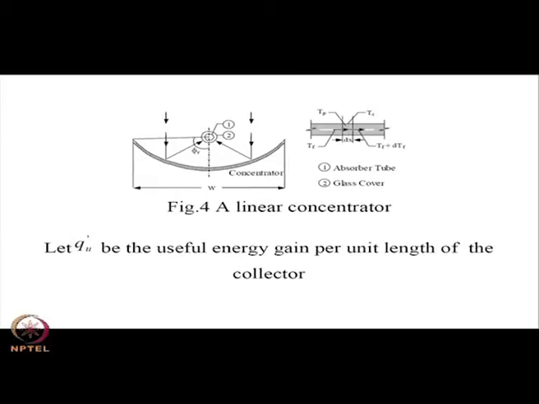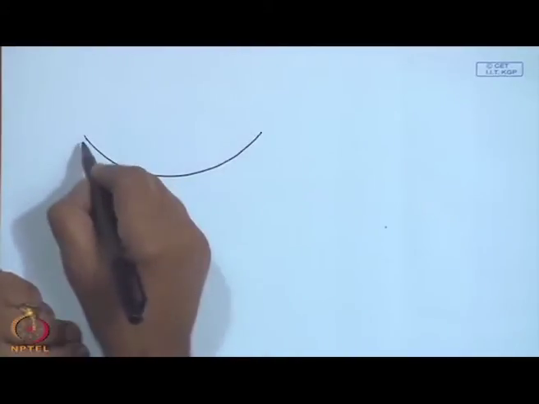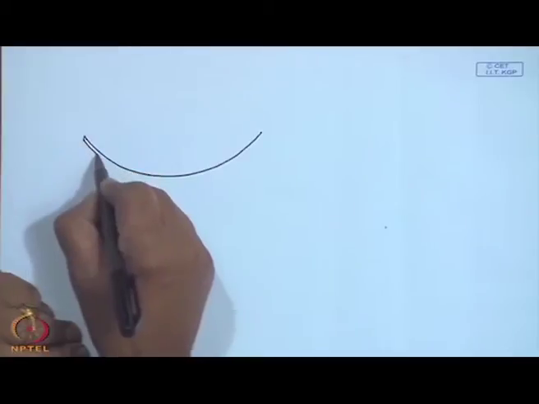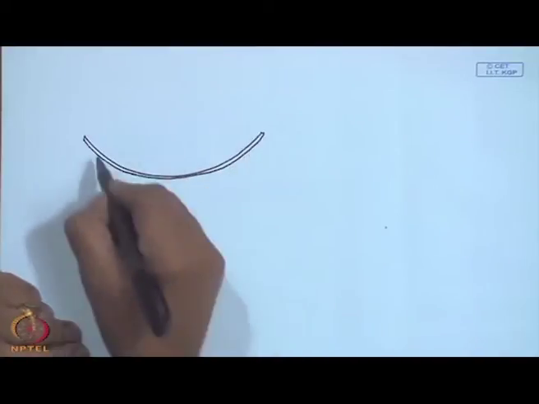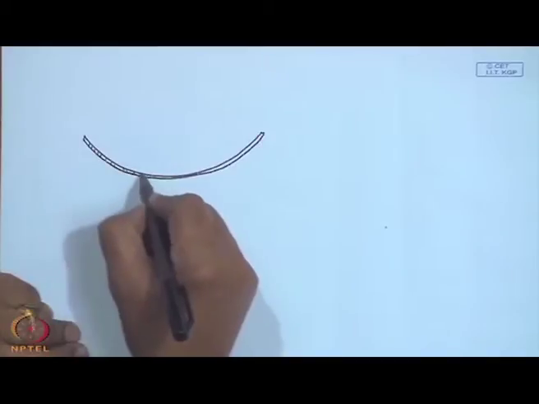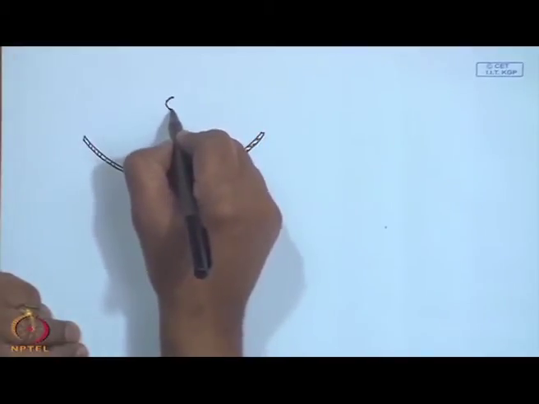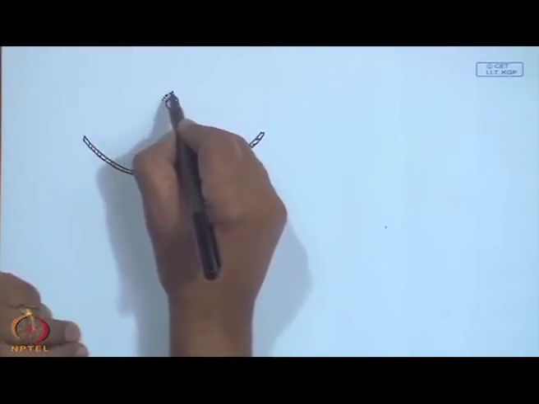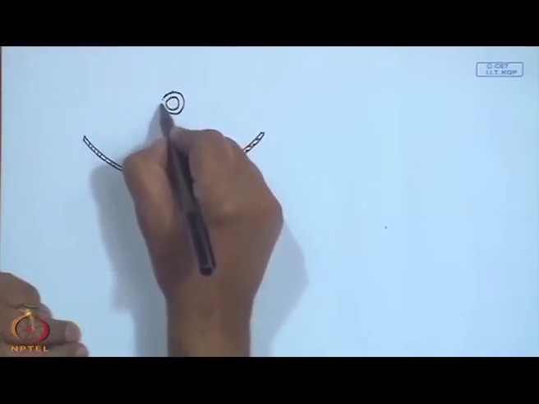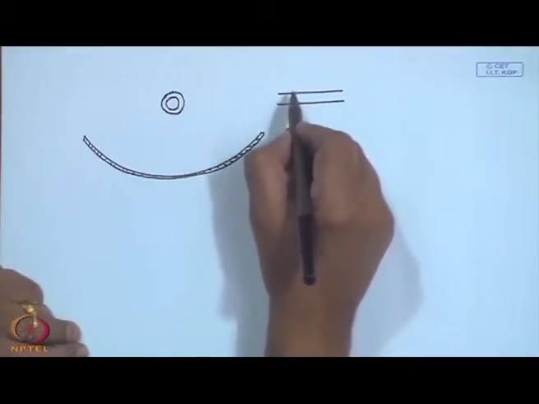So, if we try to make a thermal analysis for the linear concentrator, for ease of representation I will show it horizontally. The reflector, here is the tube, and maybe a glass cover or outer end in the tube simply. And if I see it here, the fluid